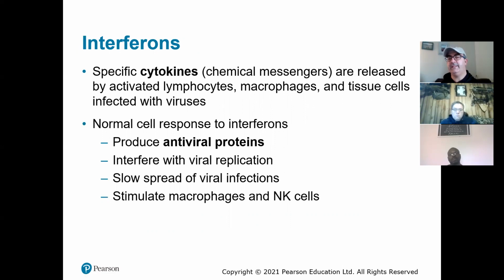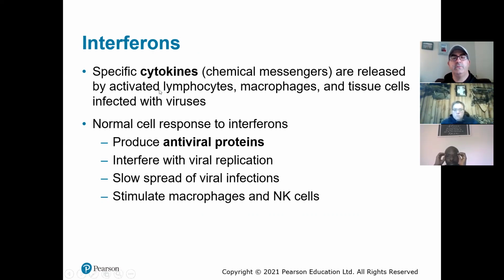Even sometimes when a tissue cell is infected with a virus, the tissue cell itself can put out these chemical signals, these cytokines. What these cytokines do is talk to cells nearby, and the cells nearby produce interferons. The cells that produce these interferons are producing antiviral proteins that interfere with virus replication. So basically, one cell is calling all the other cells nearby, saying there's a virus infecting this person's body and we need to fight against that virus.